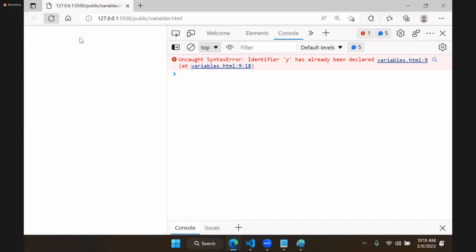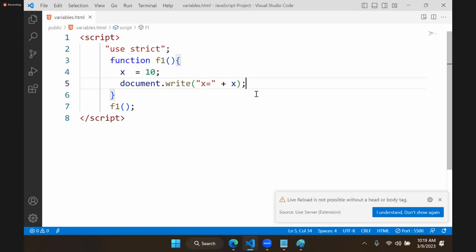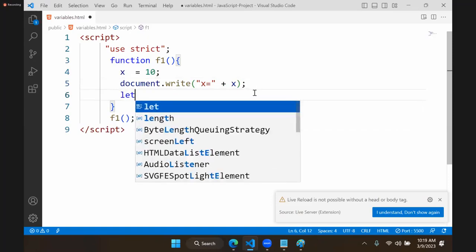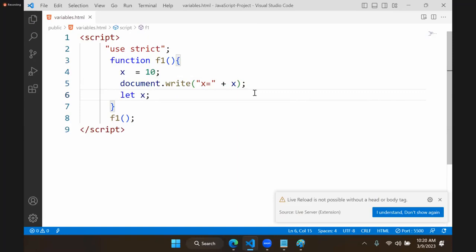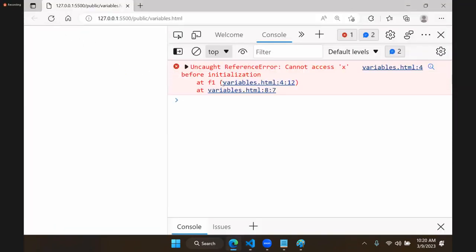It says x is not defined. It will show that error. Okay, I will define that here. So let x. let cannot hoist the variable, so the compiler will show an error. Even for lexical scope, hoisting is required. It is not hoisting. If it is not hoisting, then it says cannot access x